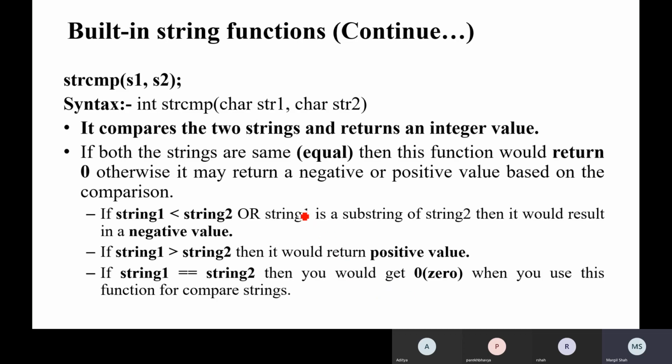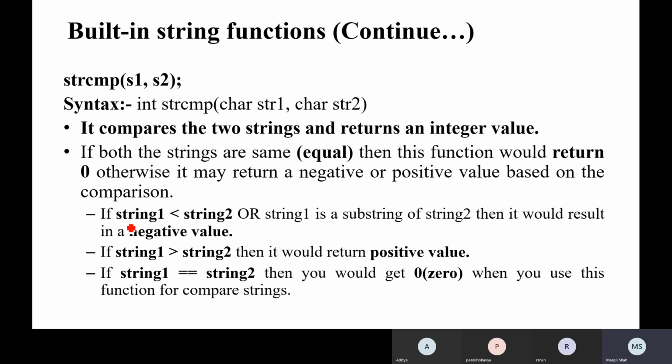Another one is comparing, strcmp(s1, s2). It compares the two strings and returns an integer value. If both strings are equal, this function returns 0, otherwise it returns a negative or positive value based on the comparison.